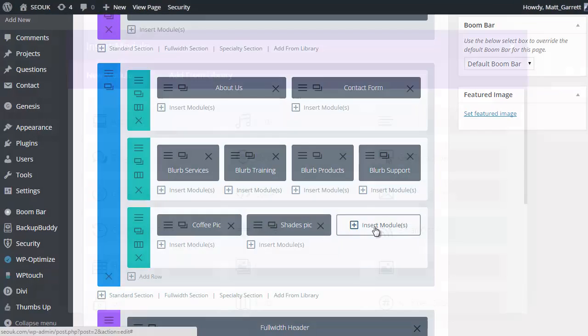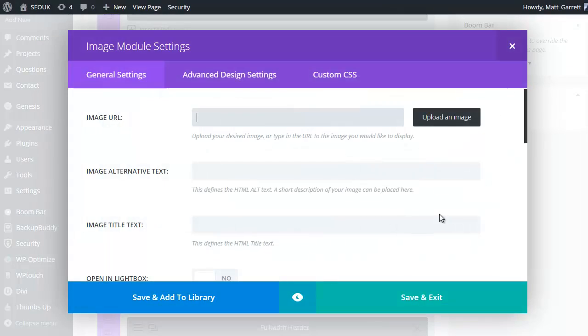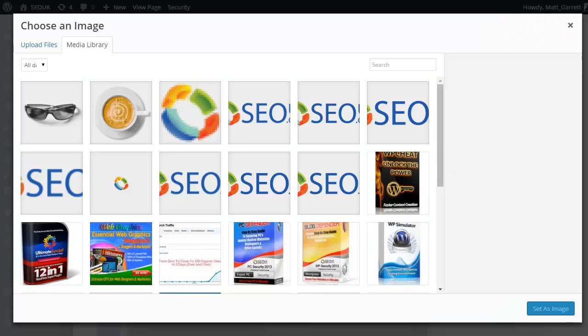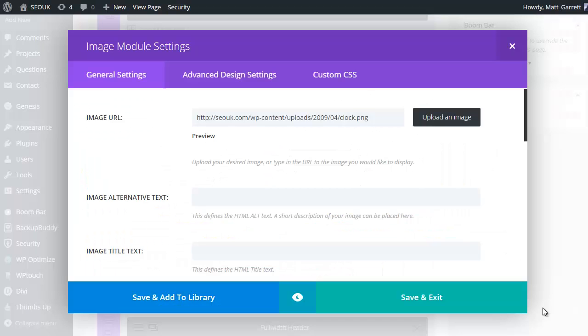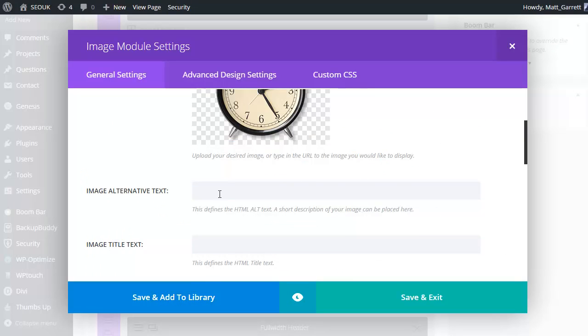I'm going to do that one more time. One more image. Upload, and what have we got? Let's go with one more random image grabbed. Set as image. Let's scroll down. This would be products. I believe we've done training and services. So let's go with products and call it